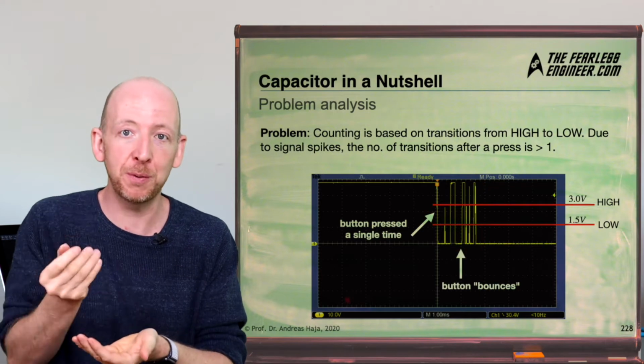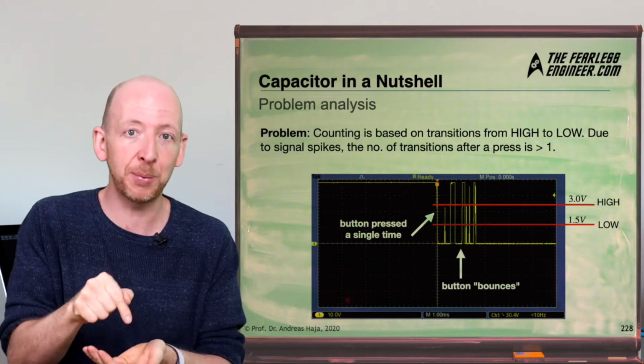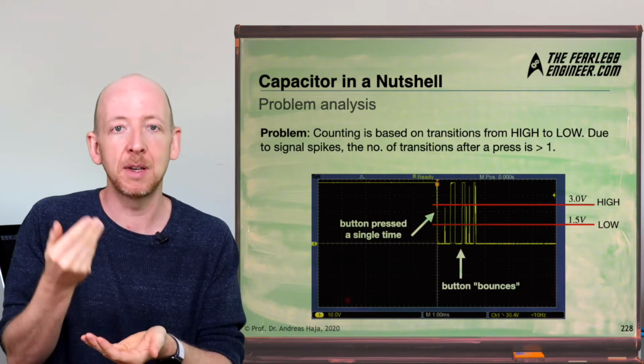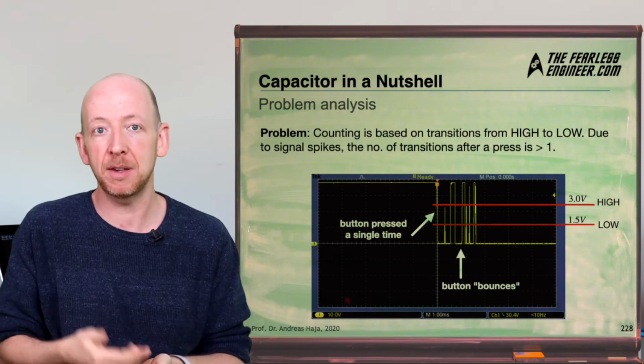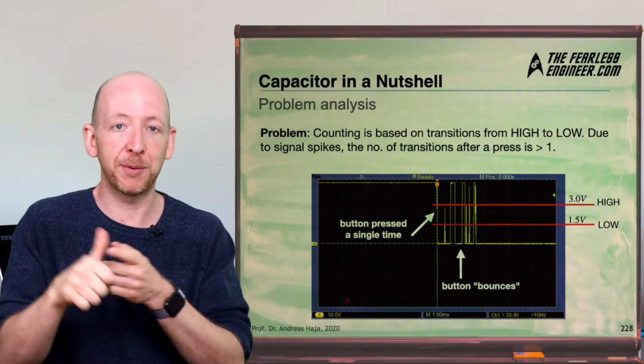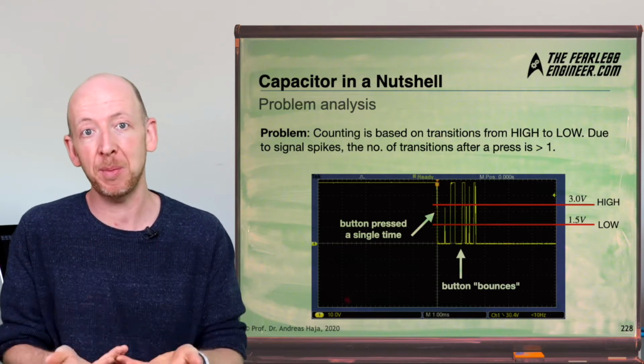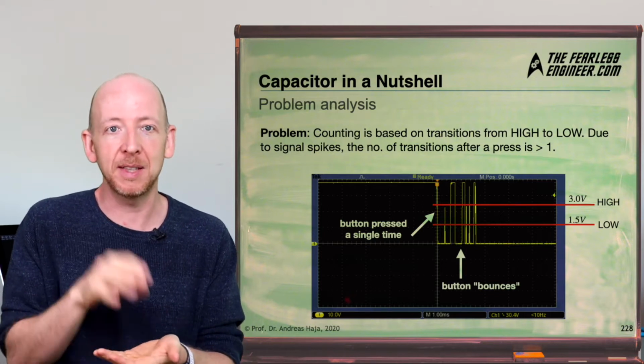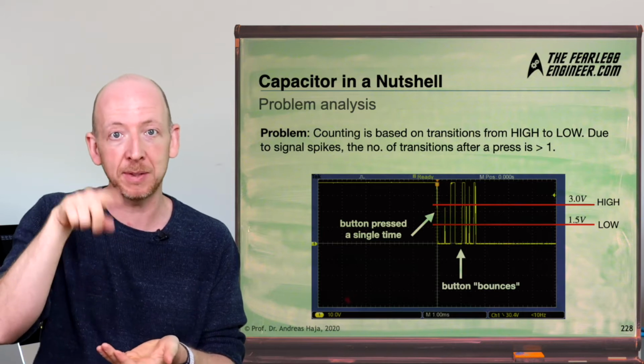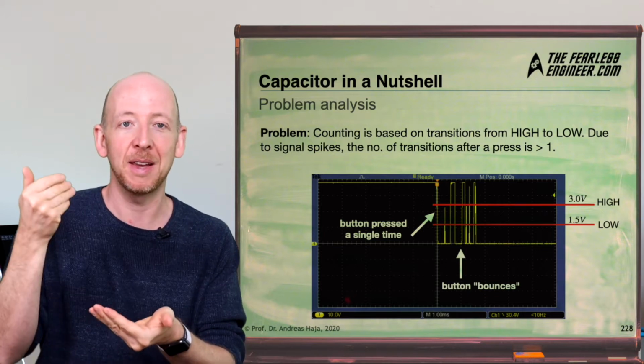How can we improve this circuit in a way that the single push of the button leads to a single counter increase only? And basically there are 3 ways to approach this problem. The first is you could install, let's say, a more reliable button, which might work most of the time, but even with high quality buttons, signal bounces, this up and down is called bouncing, can never be entirely